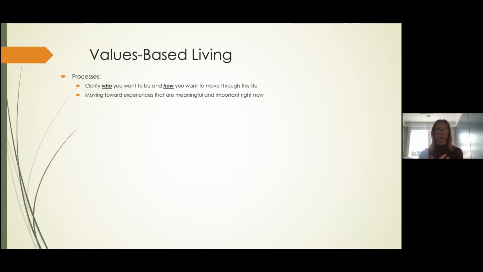If you're going through different situations and you're wondering, how am I supposed to handle this? I'm getting pulled, I'm getting a lot of feedback, what am I supposed to do? There's a lot of shoulds there. To have a sense of who you are and who you want to be, and really clarifying those, can be helpful in helping someone guide themselves through challenging situations. We're also going to be helping people move toward those experiences in an ongoing way, that are important now and that they imagine wanting to influence the future.